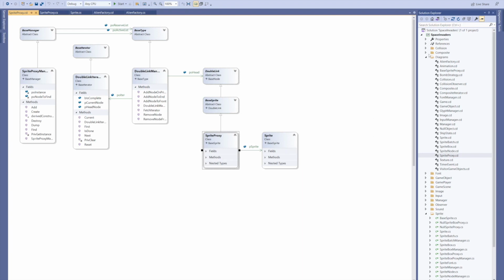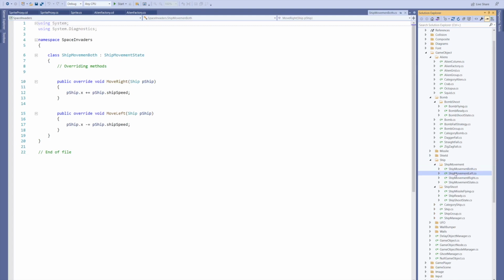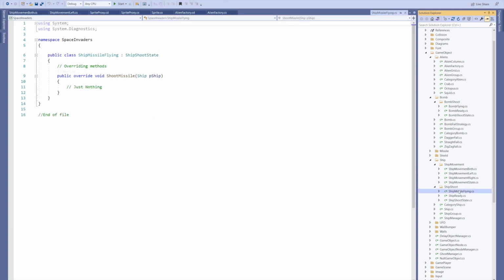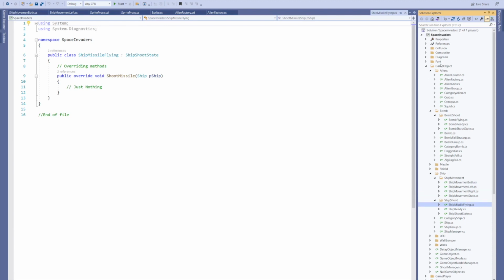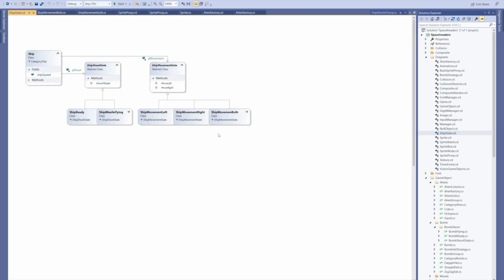And coming to the next one, which is state pattern. So state pattern is used in multiple ways. Here, one of them is for ship movement, that is ship move left, move right, as well as stationary, so these are three different states. And also for the missile, I have used the state pattern. So whenever the missile is flying, the missile cannot be regenerated. Whenever it is in ready state, it creates the missile. So this is the UML diagram for that. So this is the abstract class and these are